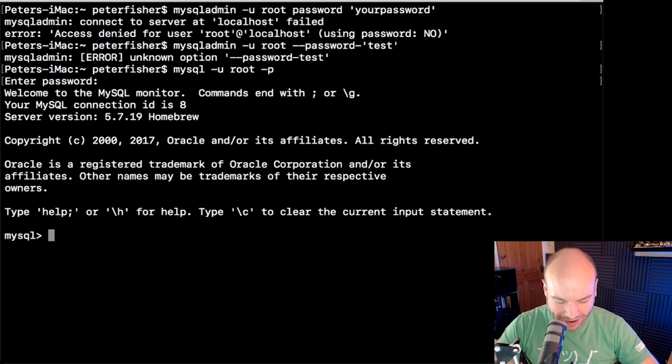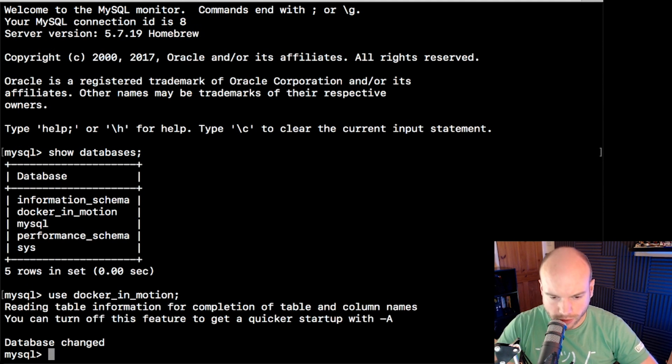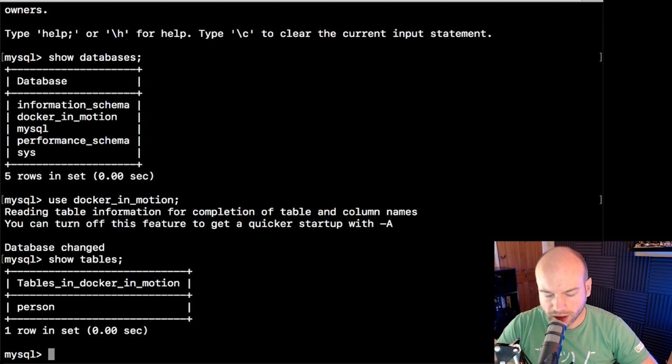All right. Okay, so show databases. Okay, so we do have a database here, Docker in Motion. I was playing with this before. What I'm going to do is just remove that. Actually, let's just have a look. Use Docker in Motion. What have we got with this? Let's do a show tables. I was playing around with this the other week as just something to play with. Okay, so select all from